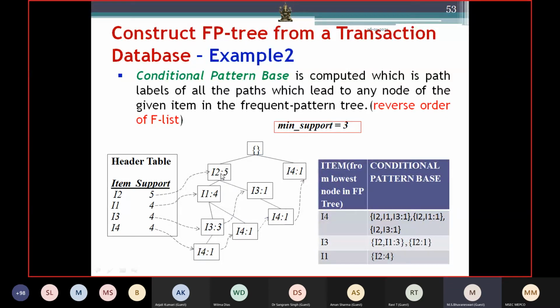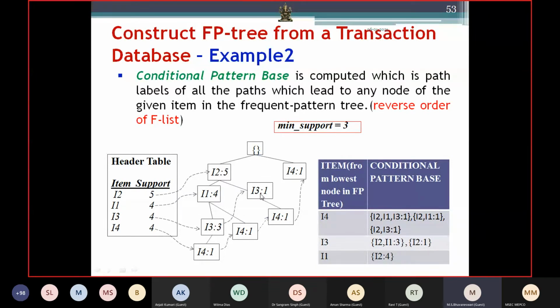So then another way is I2, I3, and I4. So what are the ways I can reach I4? That has to be given here. The support must be the support of that particular item, right? So I3, how to reach I3? I2, I1, and I3, right? So I2, I1 is the path. So I2, I1 I have added. What is the support of I3? So I have to put it. You should not see the support here. You have to see the support of the item.